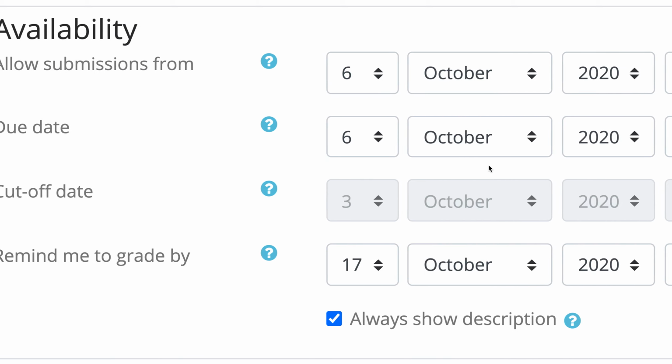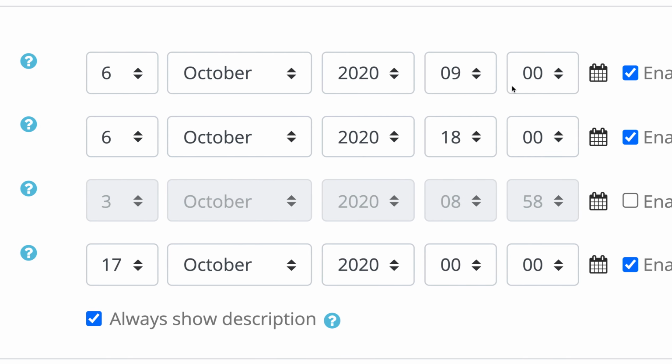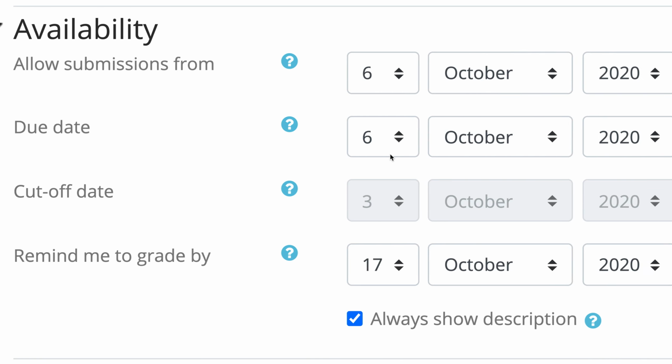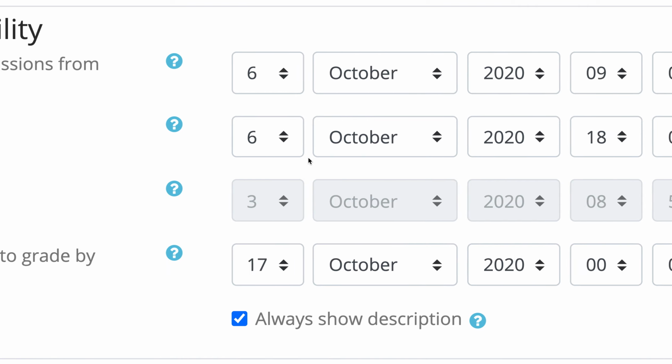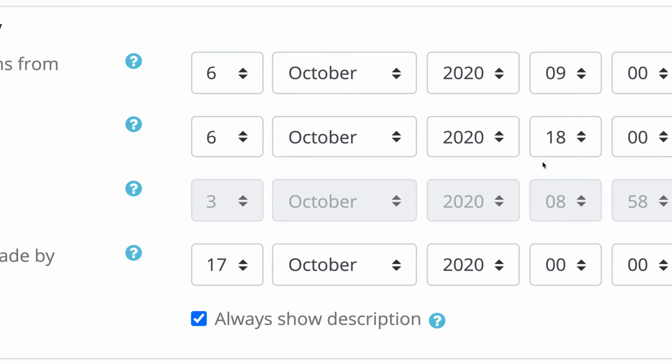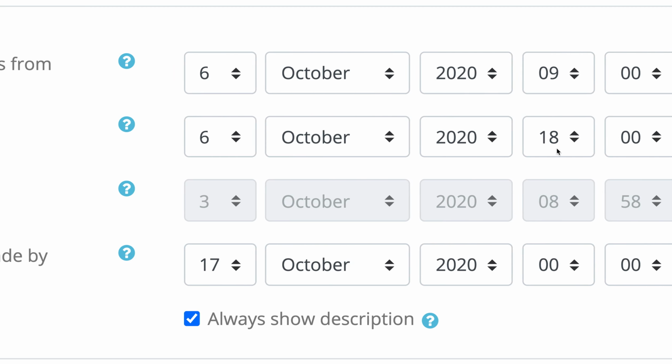So students will be given time between the 9 o'clock slot to the 6 p.m. evening slot. They can do all the submissions, and any submission made between these time slots is taken as an in-time submission, and any submission done after 6 p.m. is taken as a late submission. Yes, students can still submit after 6 o'clock.